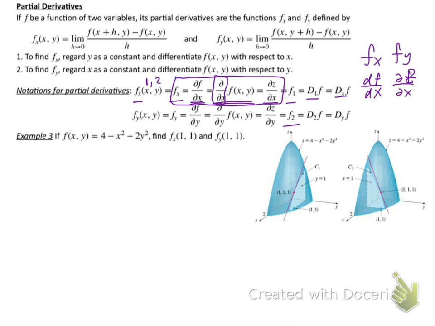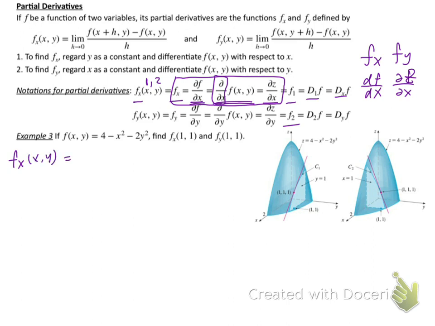Anyways, let's see. In my example 3, we are given a function f of x, y equals 4 minus x squared minus 2y squared. And we are going to find f_x of (1, 1) and f_y of (1, 1). So I need to find the function to have the value. First, I need to know f partial x